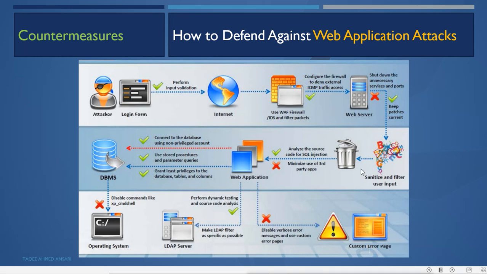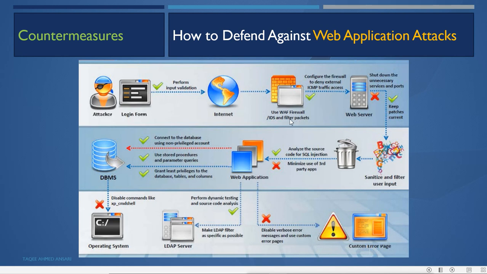Now what we have to secure. This is the whole mechanism of securing our web application. When the attacker is coming from the internet, before the web server we have a firewall with web application filters. We have to configure and use the web application filter firewall, and also IDS and filter packets.